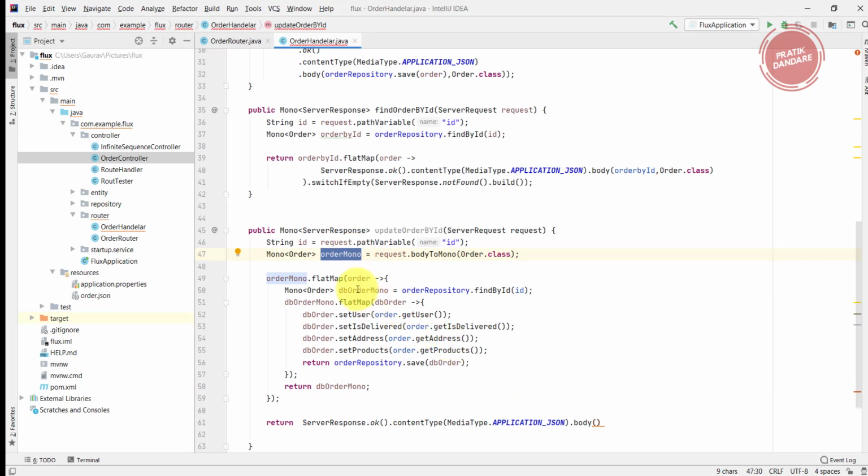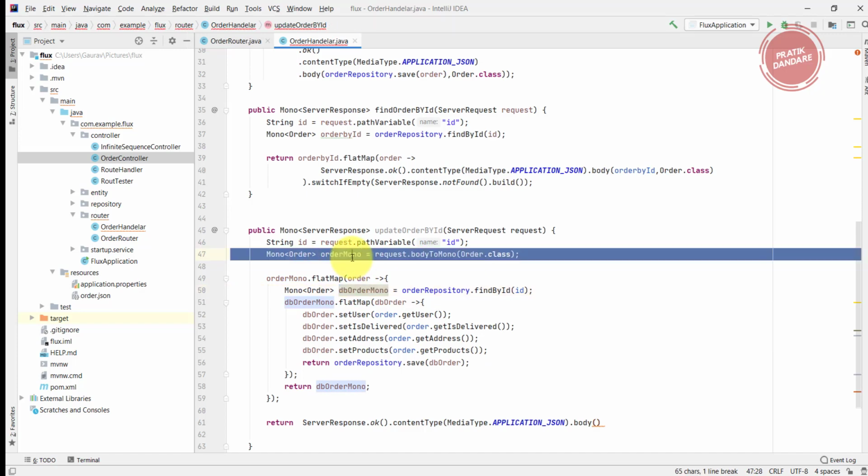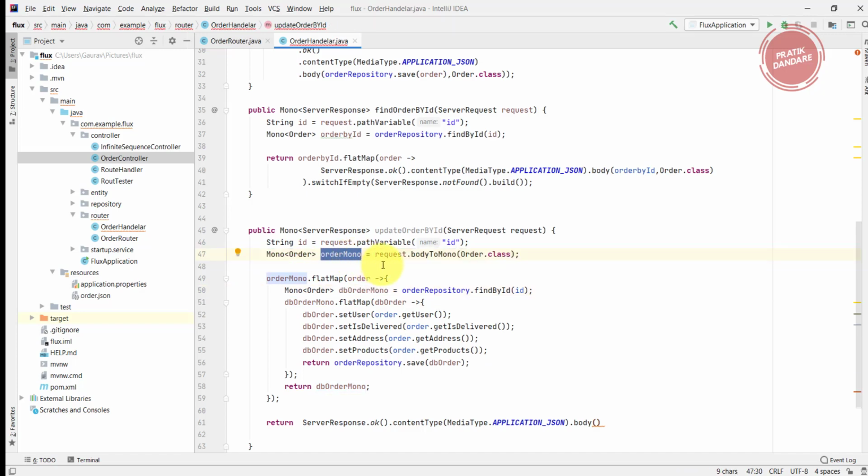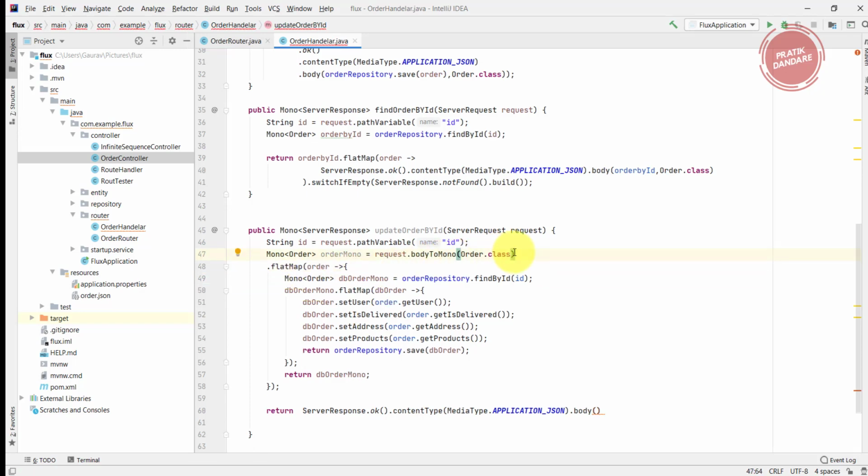Yeah, it's an orderMono basically. Actually, I made some mistake. Instead of putting this there, I should do this. This should be a single pipeline. Now this is the pipeline, and we get the updated order returned. This is the orderMono, so I am going to put that orderMono here.